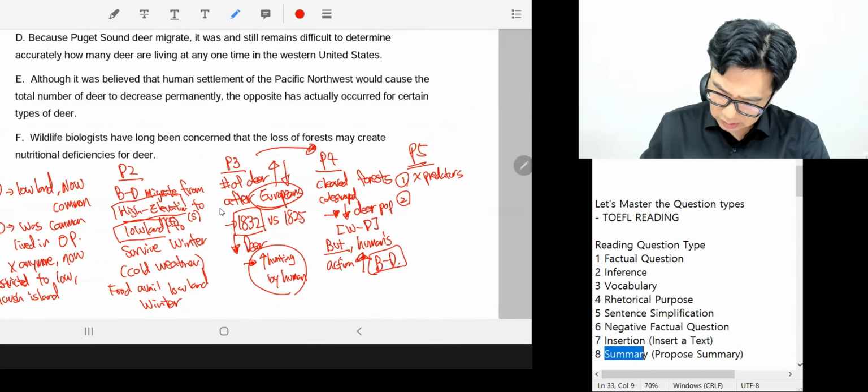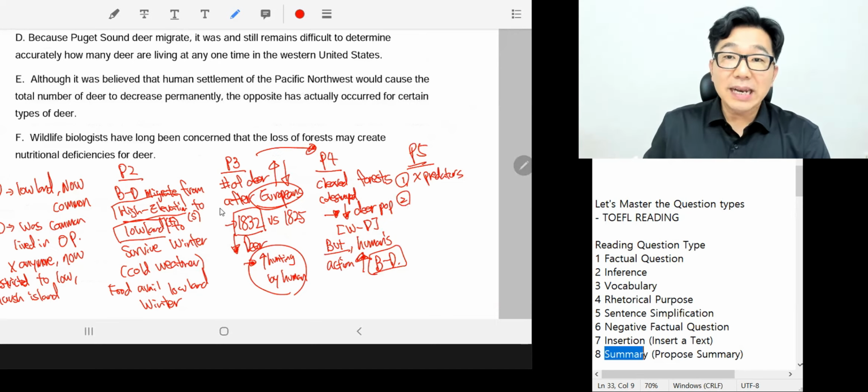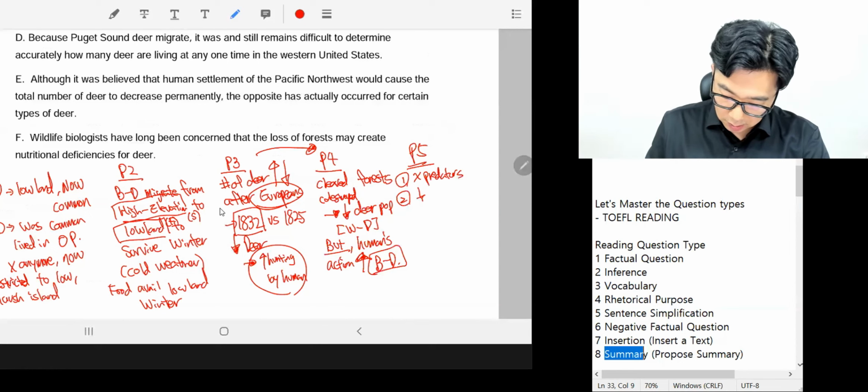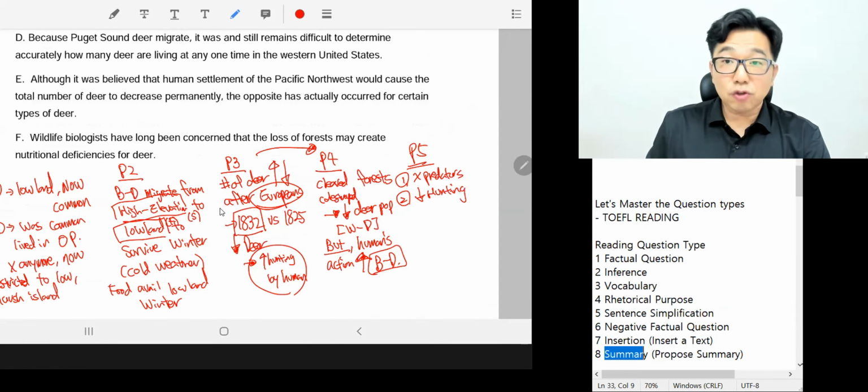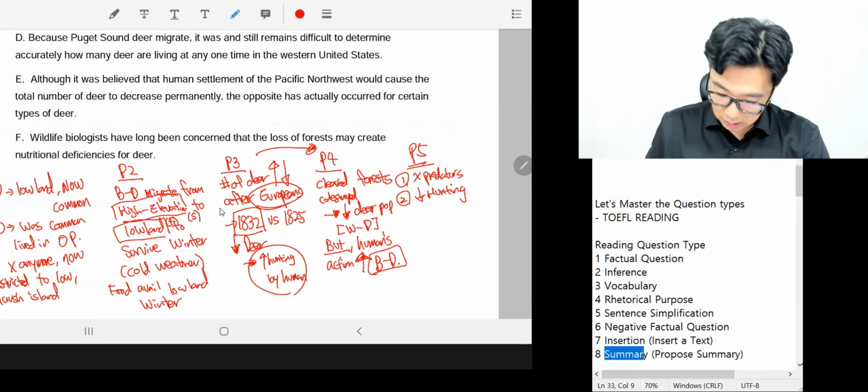And what was the second one? It put a limit on hunting times and the type of hunting they can do to try to protect the deer. And last, but most important,